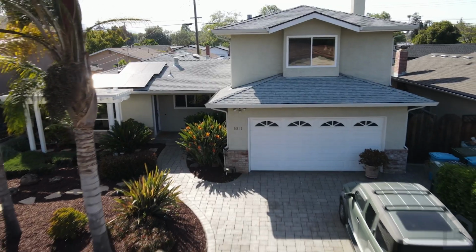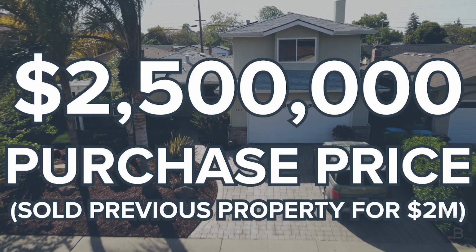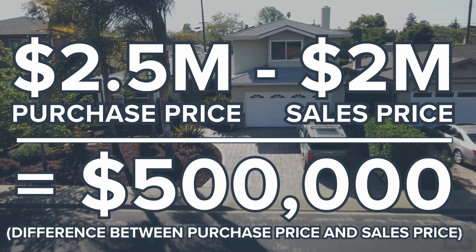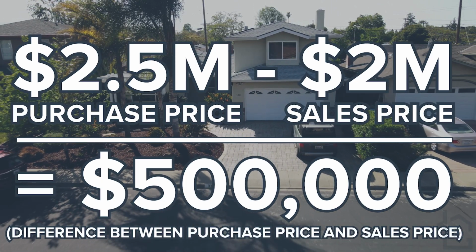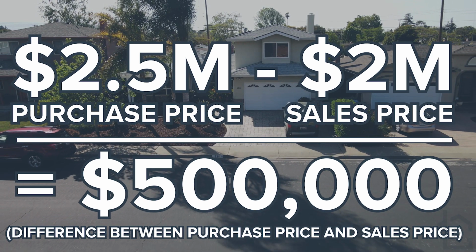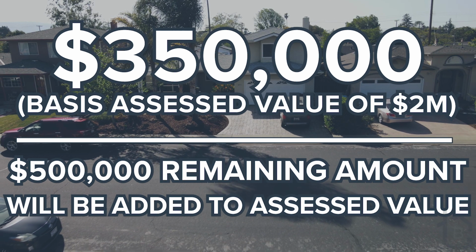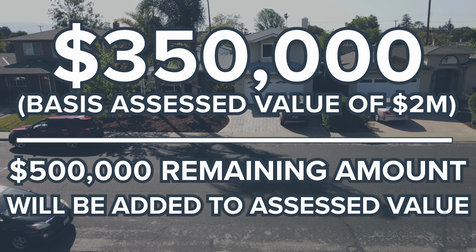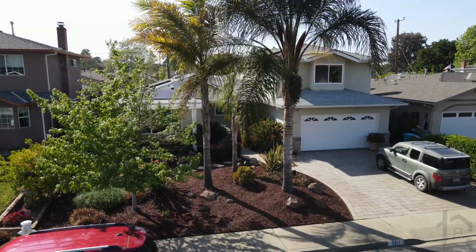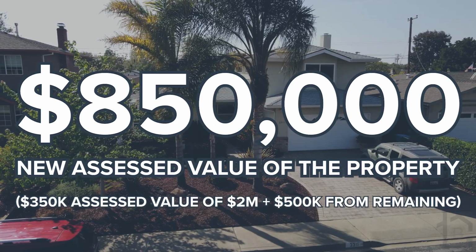In our second example, the homeowner purchases a home for $2.5 million after selling his $2 million primary residence. The county assessor in the new county would then take the $2 million portion of his $2.5 million purchase and assess that purchase based on his original home's $350,000 basis. The county assessor then would add the remaining $500,000, which would make the total assessed value of the property to be